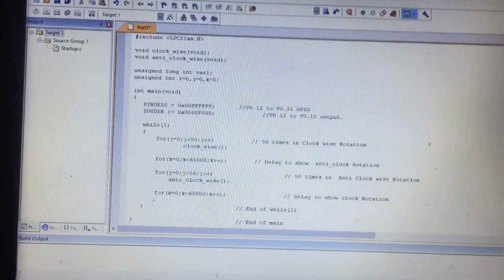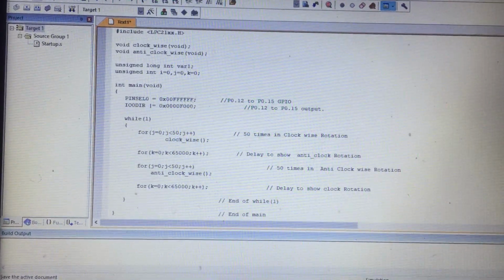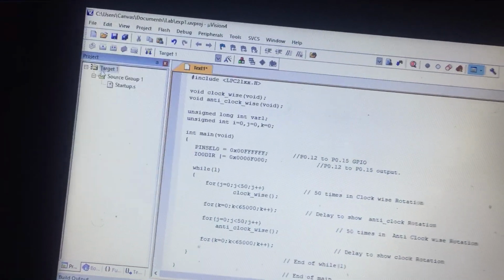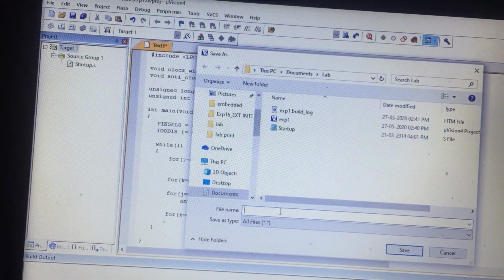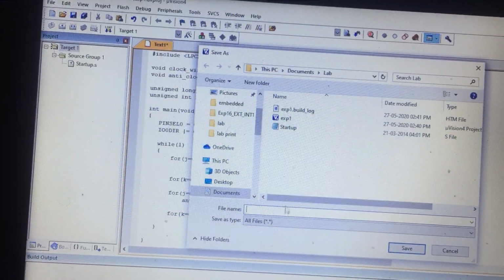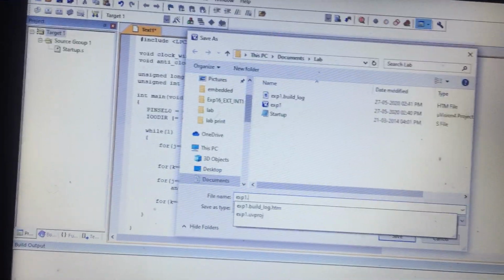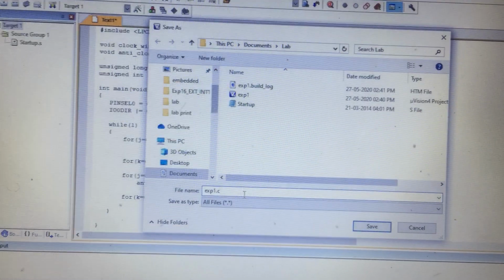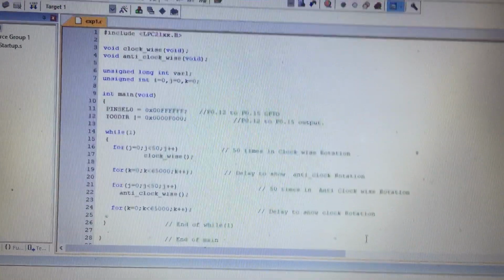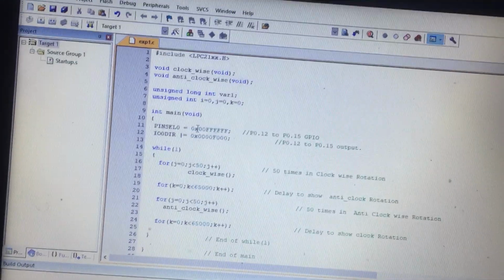Once we have typed the program, or while you are typing the program, you can save this file first. So we know File, Save As. As this is an embedded C file, you can see that in the lab these files are already generated for experiment 1. So I'll just name it experiment 1 dot c, because this is an embedded C file. So save it. You can see that it got colored, and you can see the comments and everything properly now.